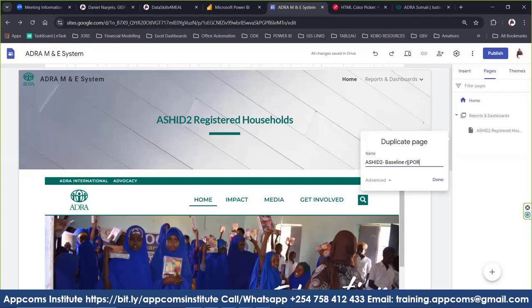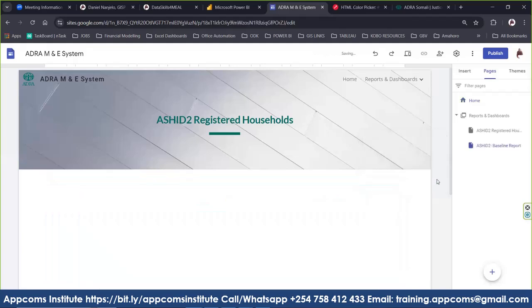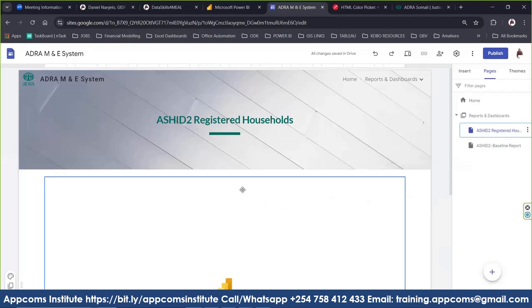Baseline report or dashboard. Let me call it report, right? And say done. Okay. Now, so we have our main database. So all the data that you have within the organization, you should be able to access it from your